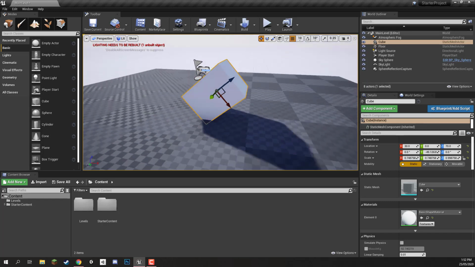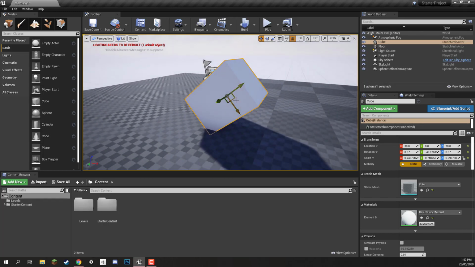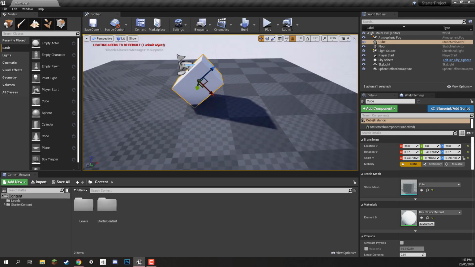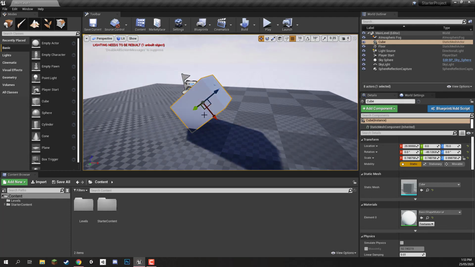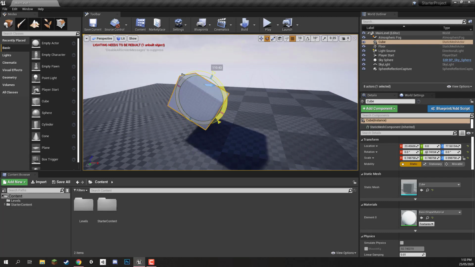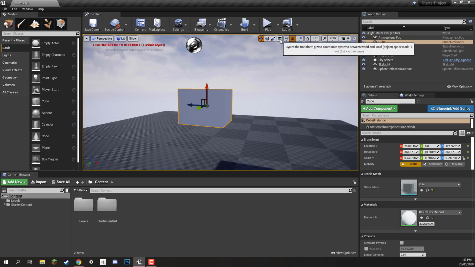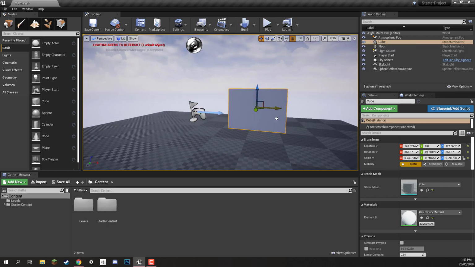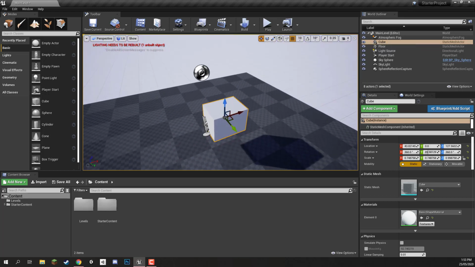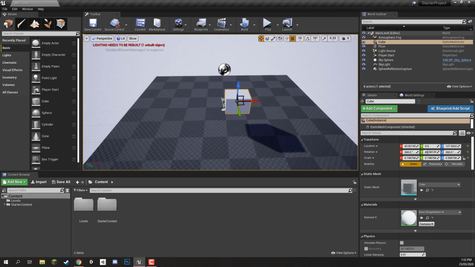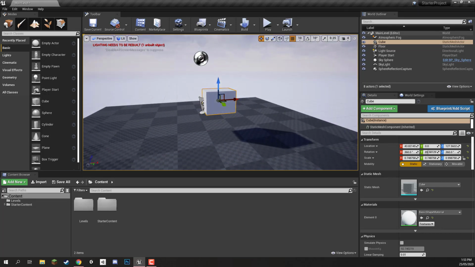and you can see that the gizmo has all of a sudden changed its orientation. It's now matching the rotation of this cube right here, so we can move it in its local forward direction. We can then rotate it up here, so its local forward direction is facing upwards. And if we switch back to global, you'll see that the global forward direction is still here. So that just makes it a bit easier if you do have a rotated object that you want to move in its facing direction, you can do so. But yeah, for now, that is pretty much the moving, rotating, and scaling of